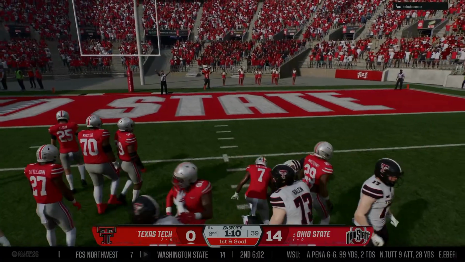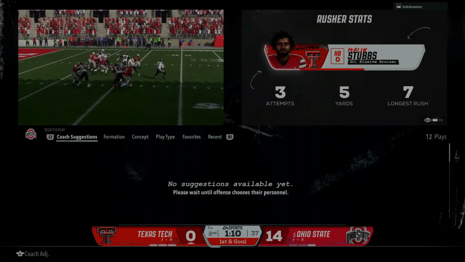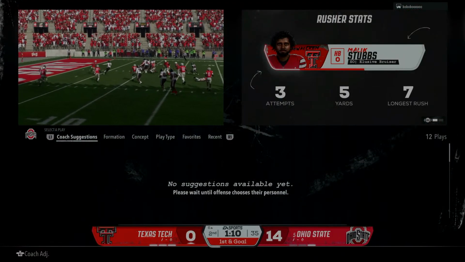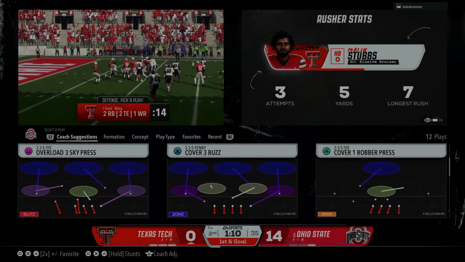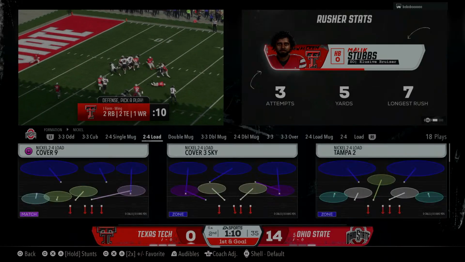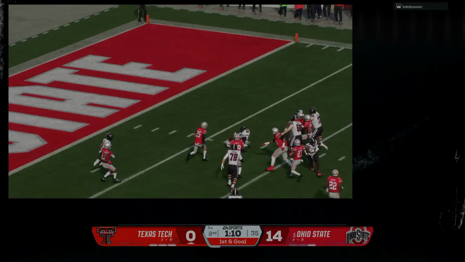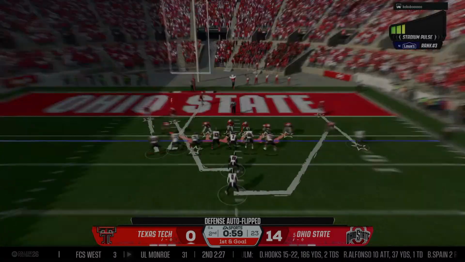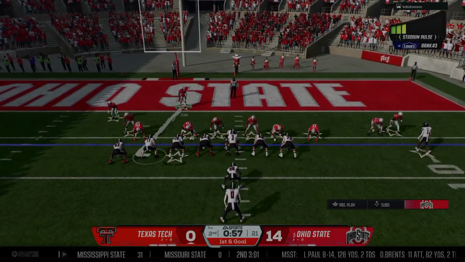He's pulled down after a tough run, gets it to the 6. Well, obviously the offense went 3 and out on their last drive. They're having a little bit more success here. That was a nice run, and I think that's the key, guys. If they're able to run the football, they're going to be able to stay on the field. And I think that's something you want to think more about if you're the play caller on